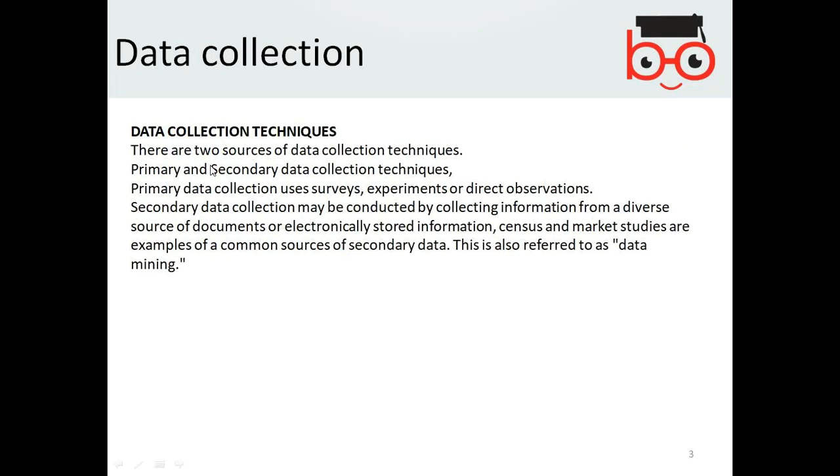So for data collection techniques, there are two sources, primary and secondary data collection techniques. Primary data collection uses surveys, experiments, or direct observations. It means you are getting the data from a survey, experiment, or any observation. However, secondary data collection may be conducted by collecting information from a diverse